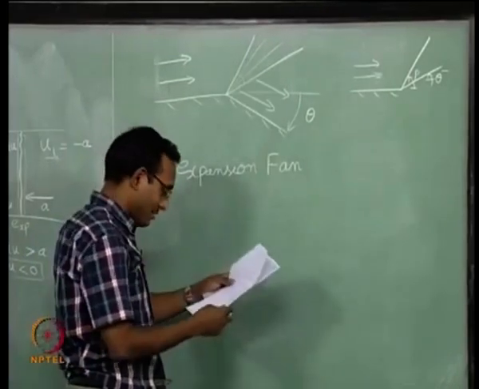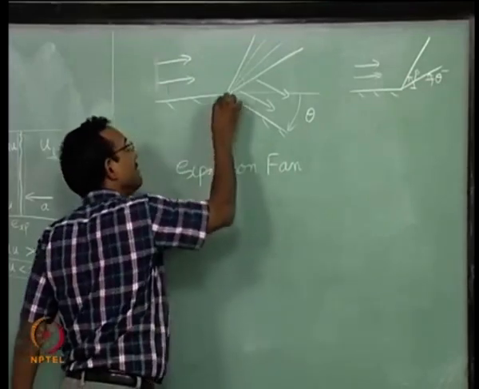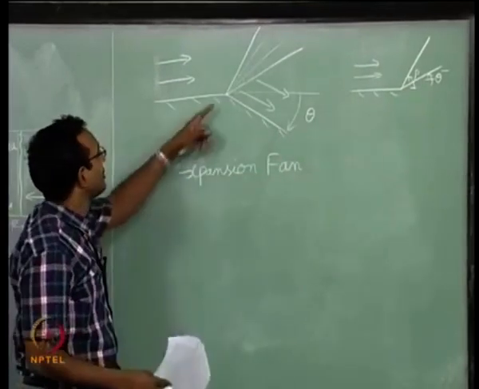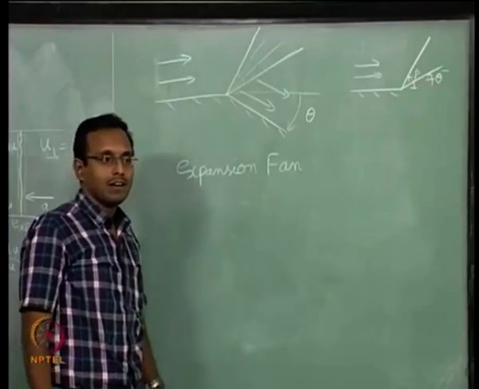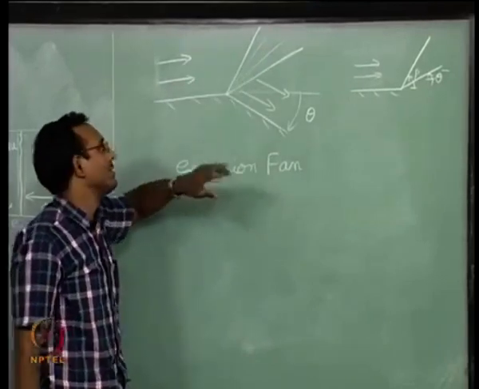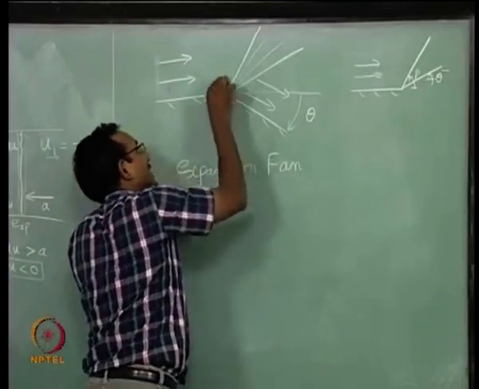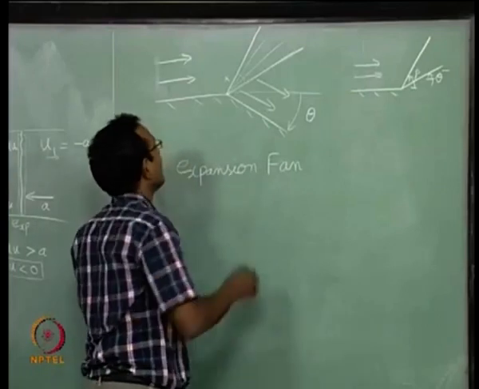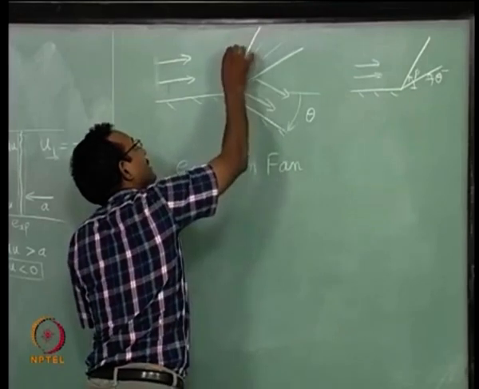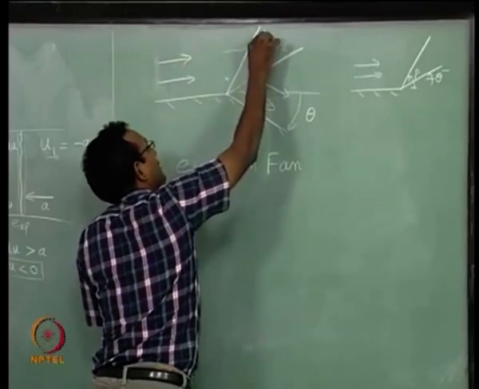We will deal with more of this, but I will just do one more thing since we have only a few seconds. The very first wave that is going like this, the speed at which it will go will be almost equal to the sonic line, right. Every wave is going to do that exact thing. The very first wave is going to move with the speed of sound of the gas that is approaching, which means I am going to have this line having an angle equal to the Mach angle of the incoming gas. I will put mu1.